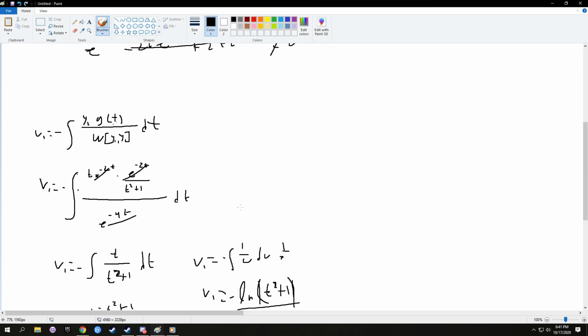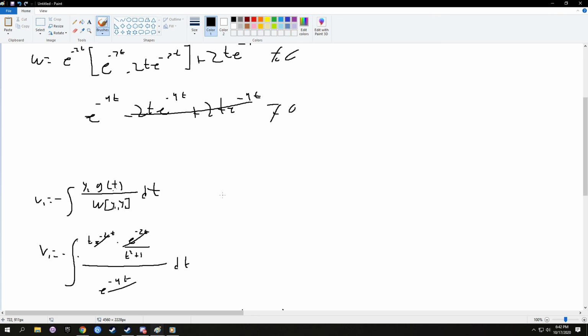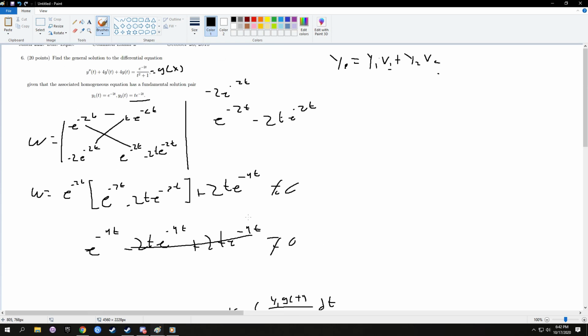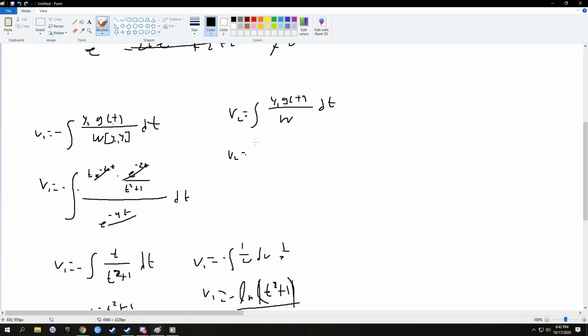So now I want to do, of course, v2, which is basically the same thing, just a little different. So v2 will now equal just the plain integral, no negative, of y1 g of t divided by the Wronskian. So I'm going to put that as w. I'm not going to put y1 and y2, you don't need that. Well, you kind of do, but it doesn't really matter for this. So v2 equals, y1, I'm given y1, which is out here, so it becomes the integral of negative 2t times, of course, the same thing as before, so this becomes this. I'll write this a little neater, so this becomes something like this, and this will be multiplied by